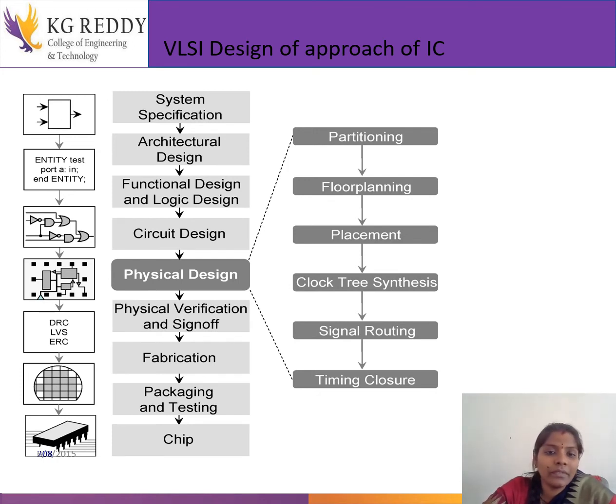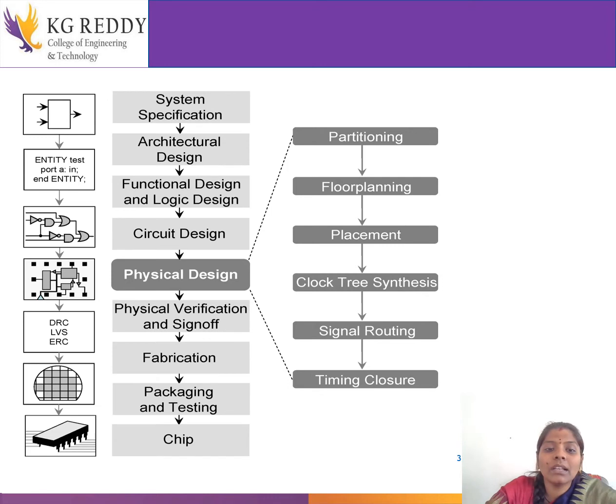You may have a question here: what sort of code can we use? Because we are writing the functionality and the logic of that particular architecture. In order to write the code, we will be using languages like Verilog, VHDL, or other programming. Here we get the complete gate netlist. The code is now converted into the circuit, and we get the netlist of that architecture. That is what we do in this circuit design.